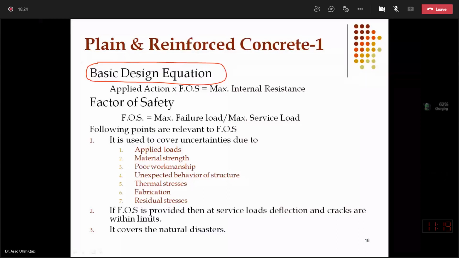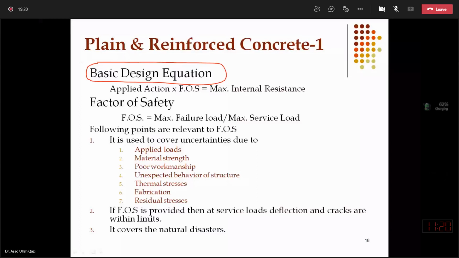So either the demand may be exaggerated, or the capacity may be reduced, or the option is that both sides may get some factor of safety. On the demand side, use a factor of safety greater than 1 because you want to amplify it. And on the resistance side, reduce the capacity and use a factor of safety less than 1 because you want to get some reserve strength. So it means factor of safety means that you want to have more than the desired capacity, design capacity,